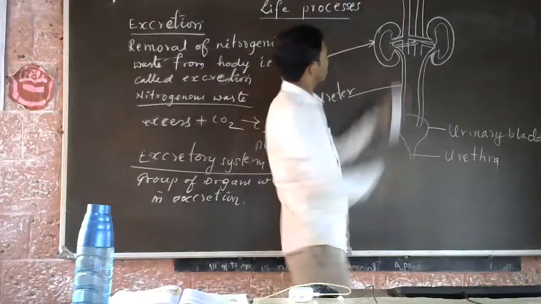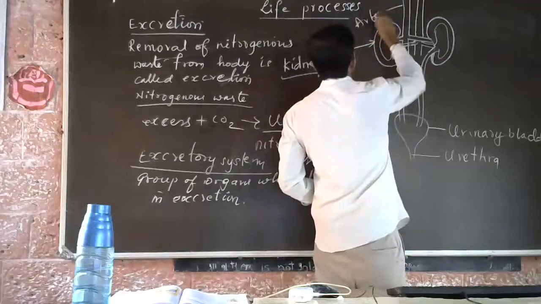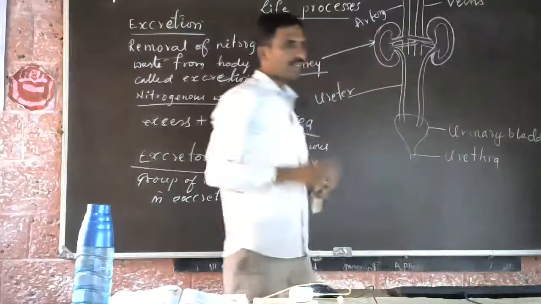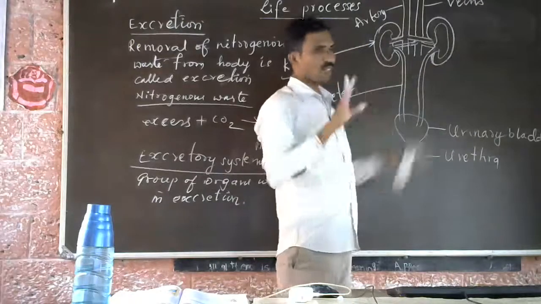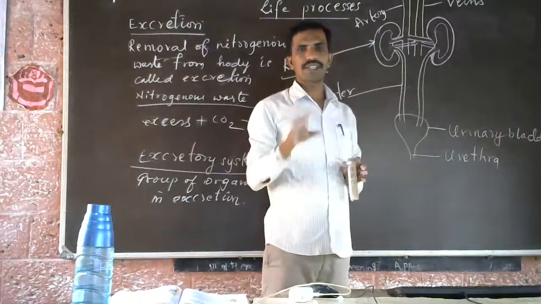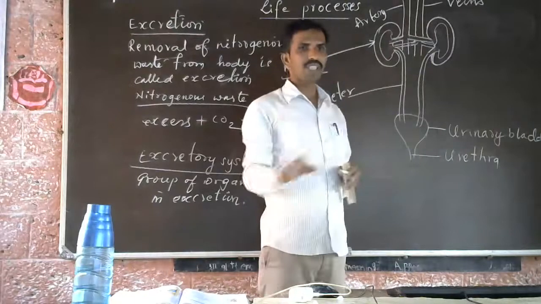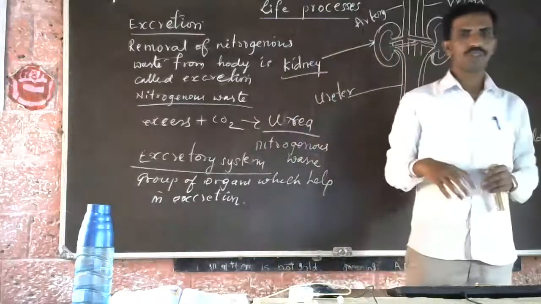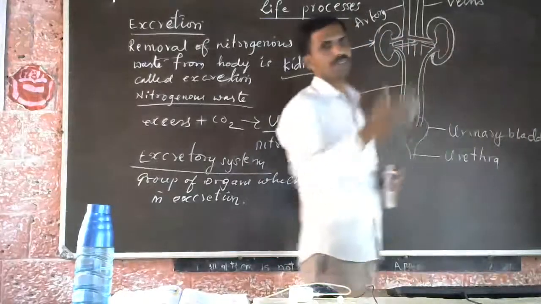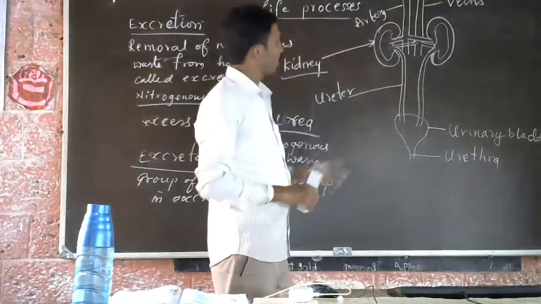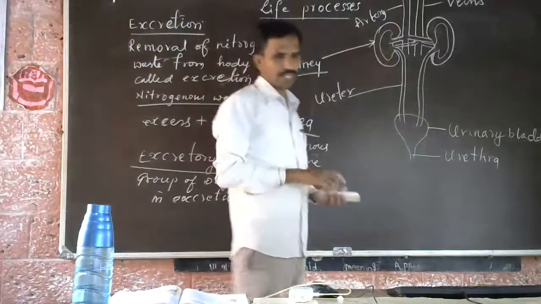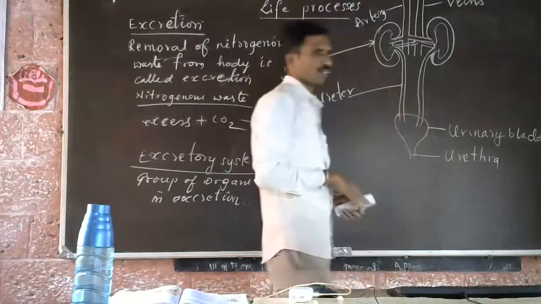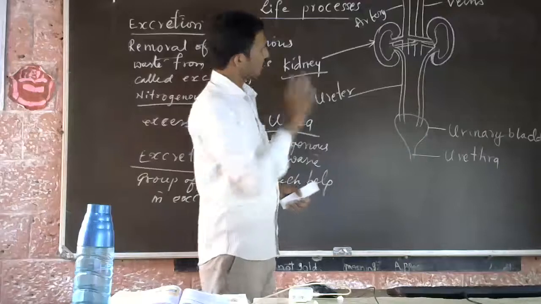So this is the artery. This is the veins. Arteries provide oxygen to all the tissues present in the excretory system. Similarly, veins will carry all the waste produced by the kidney to the heart for purification. Every part of the body, every tissue, will have this structure of artery and veins.